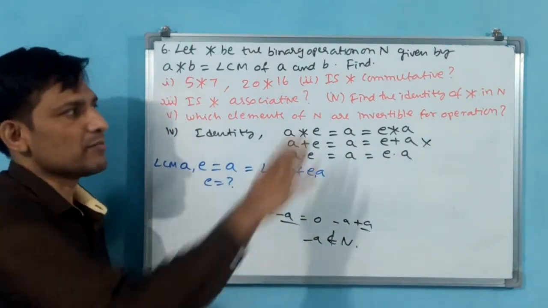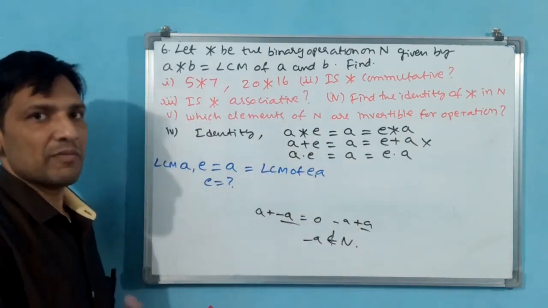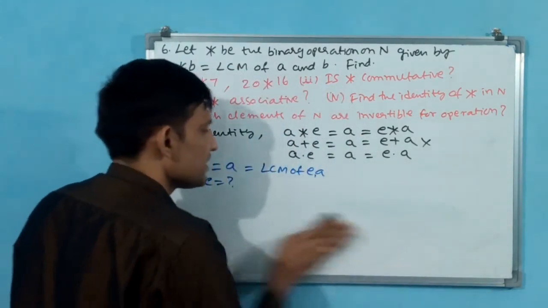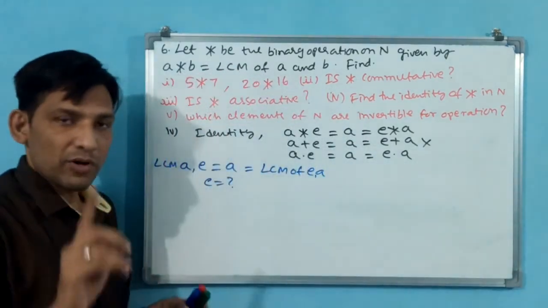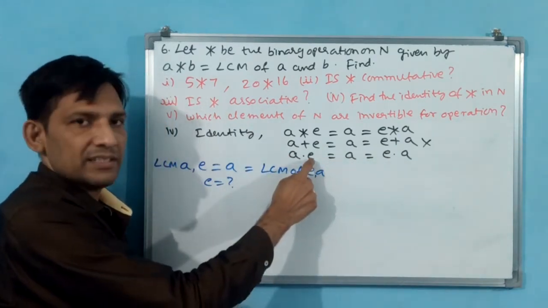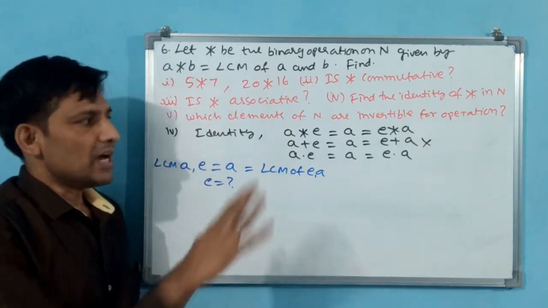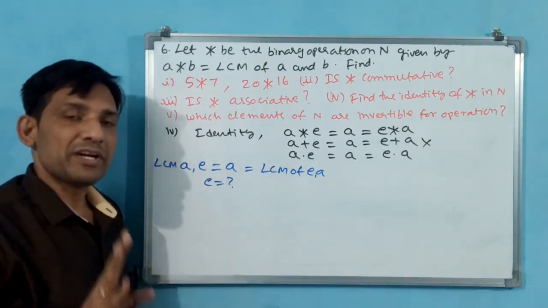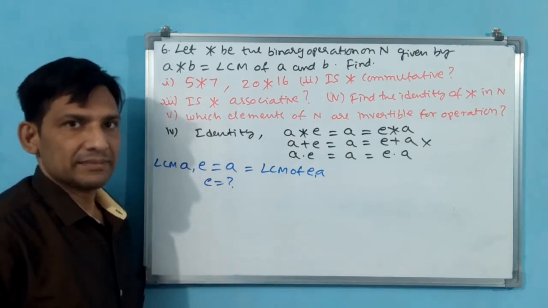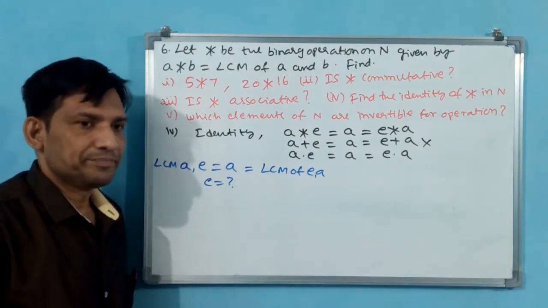Additive identity will not come here. Whatever identity comes, it is multiplicative identity that is going to come. Let us see. I have not told yet that it will come. The possibility is for multiplicative identity only. Identity means E here. Possibility: additive identity will not come. Why? Because for the sake of additive identity, you have to go for minus, and minus is not going to come.